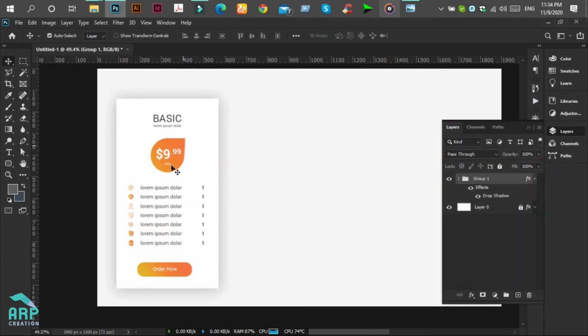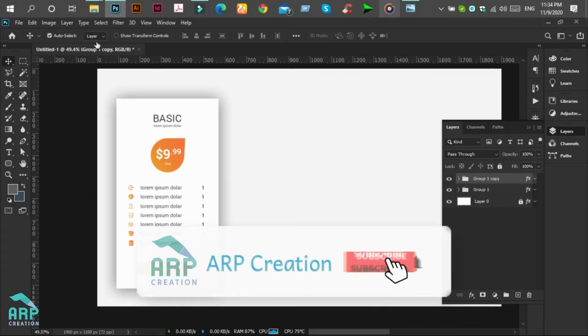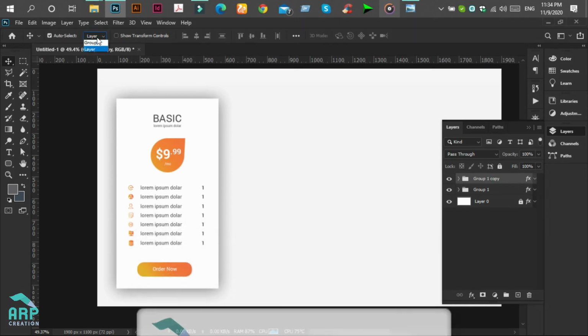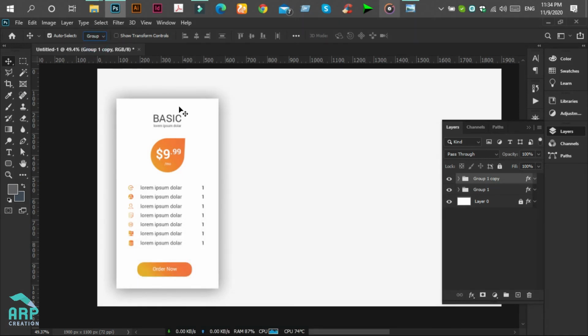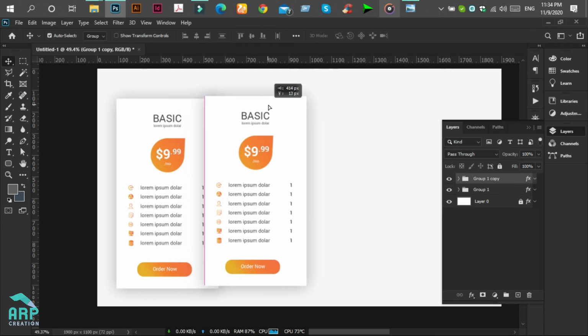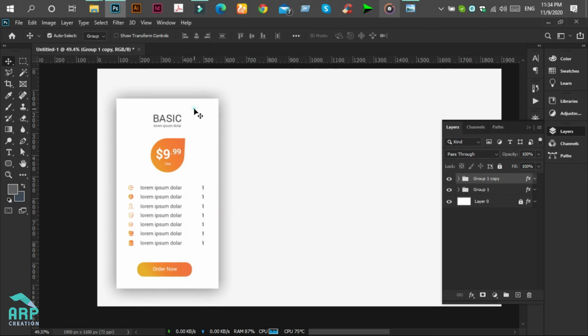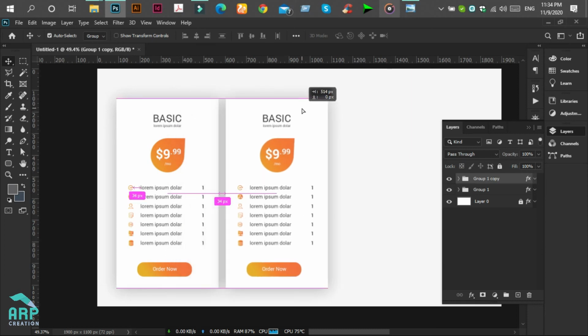Now I will duplicate this group. So press Ctrl J on the keyboard. Then change the auto select option to group and move it to the right section.